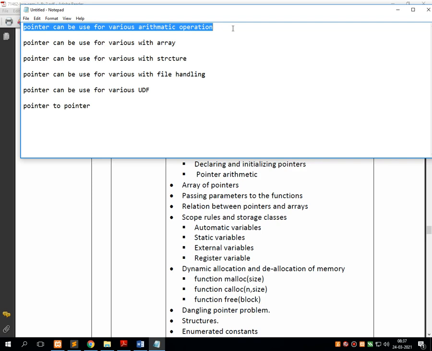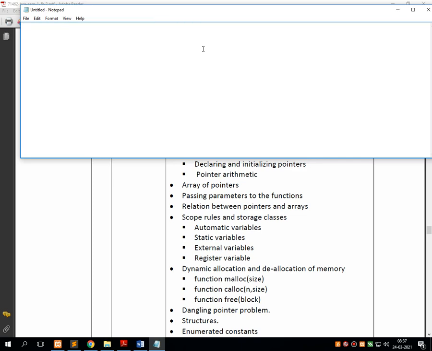Now you have to maintain your journals for the subject called CS07 Data Structure using Programming in C. The first program is: write a program to print a user inputted value using pointer.